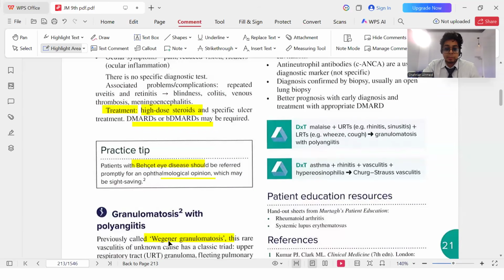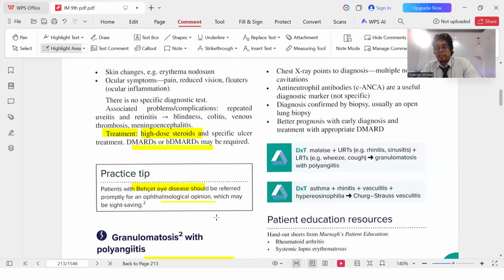I hope Wegener's will be read with the respiratory topics. Yes. Positive pathologic test, my dear. It's done in the skin, actually. That's the only thing you need to know. Someday, when you do higher postgraduation, then you need to know how to perform the test, the method of the test. For now, just a positive pathologic test. In the skin, it is done easily. It's more like the tuberculin test.